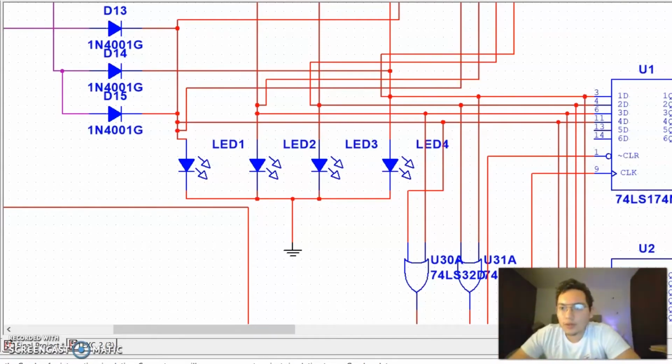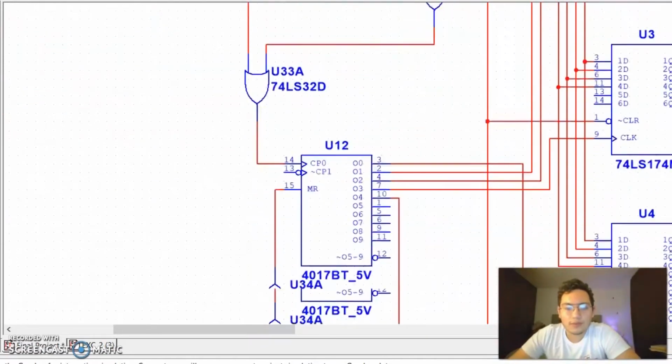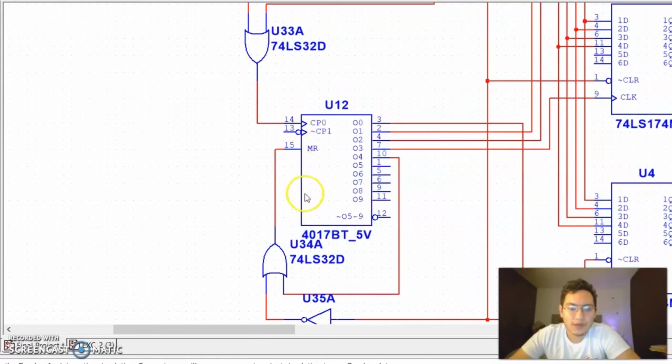So I recall the Johnson's counter. This is a Johnson's counter, but of course, if we want the Johnson counter built like in the past lab with D-type flip-flops, that will be a massive thing. So I have to search